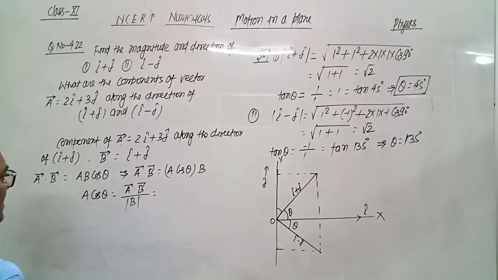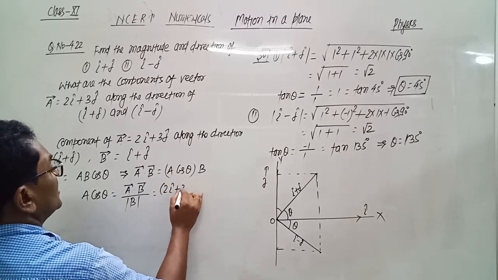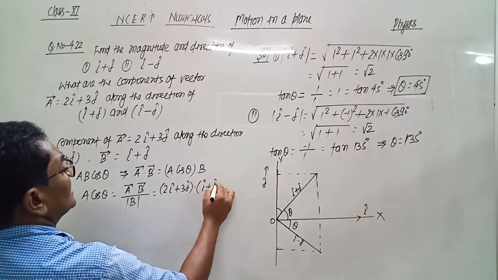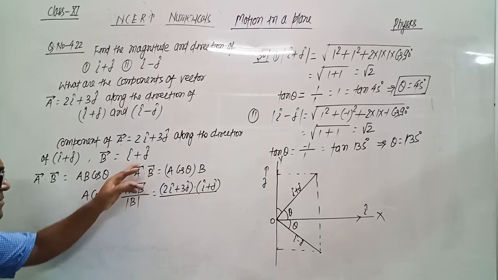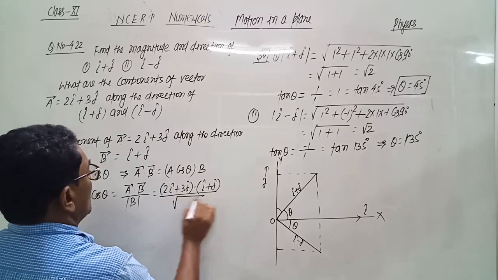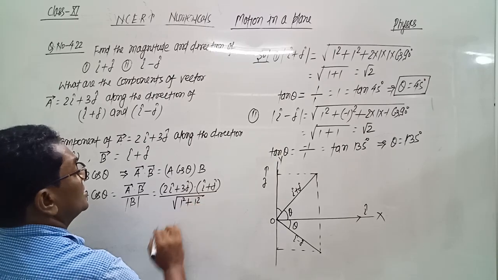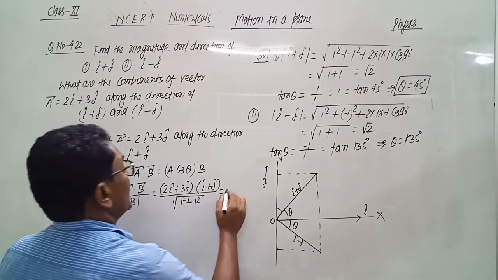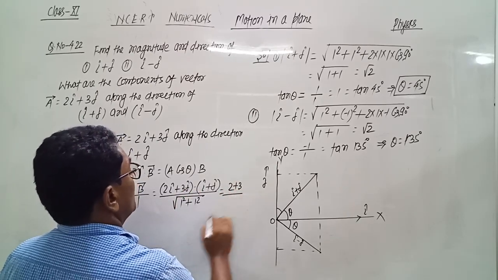So A dot B, write the value of A, which is 2i cap plus 3j cap, and dot B. B is i cap plus j cap upon magnitude of B. Magnitude of B is calculated by under root of coefficient of i squared plus coefficient of j squared. So i dot i is 1, so we get 2, and j dot j is 1, so 2 plus 3 upon